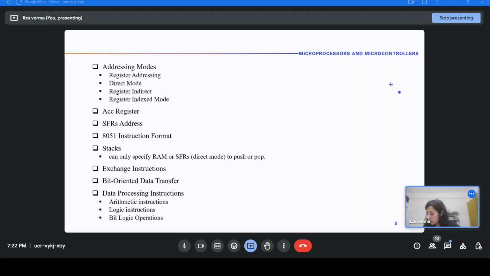Am I audible? Yes, ma'am. So register addressing mode means either the source or the destination in any instruction, one of the two will be a CPU register. So either source or the destination would be the CPU register, and examples would be